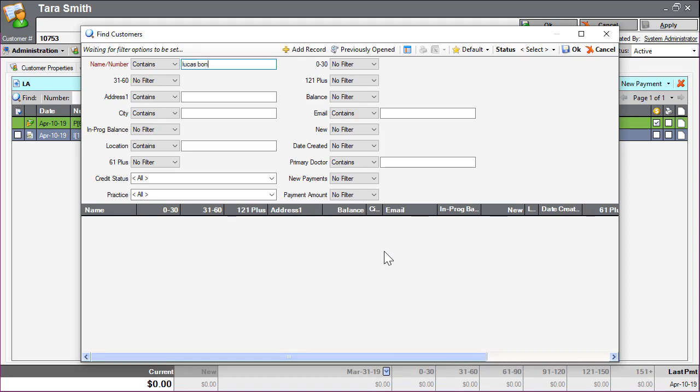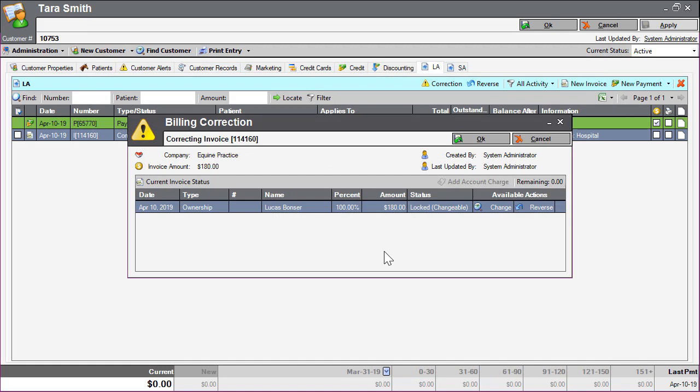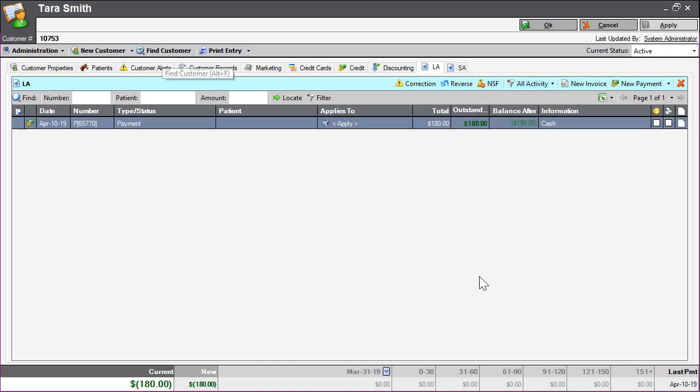In the following window, select the new customer from the list. Now that our invoice ownership is set appropriately, click OK to save your changes. We now no longer see any record of the invoice under Tara's account, and we do see the invoice record